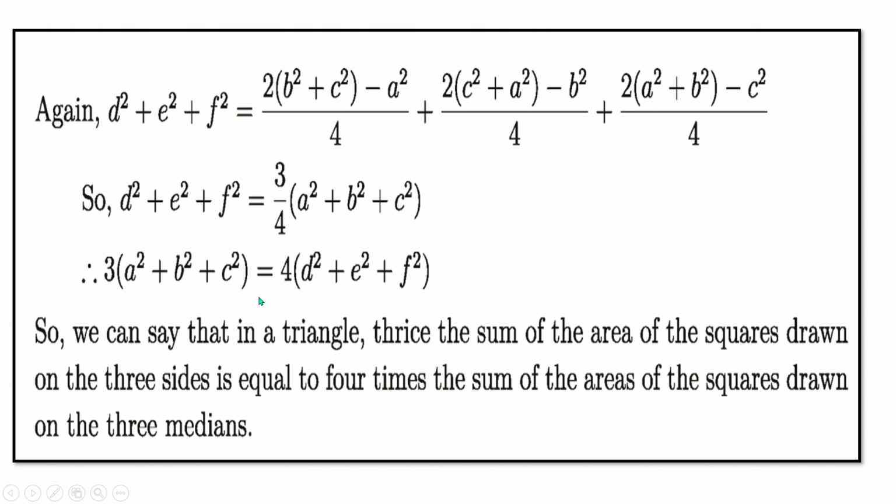Okay, that type of theorem proof will be set in the exam. So you have to remember this. Prove that this equals this, where a, b, c are sides of the triangle and d, e, f are the medians of the triangle. This is a question and you have to remember.